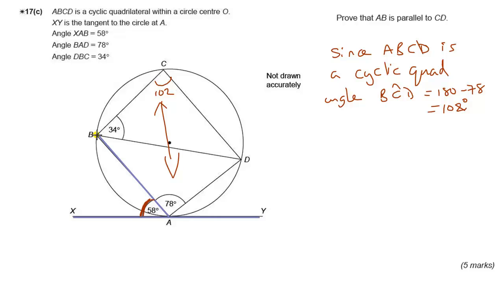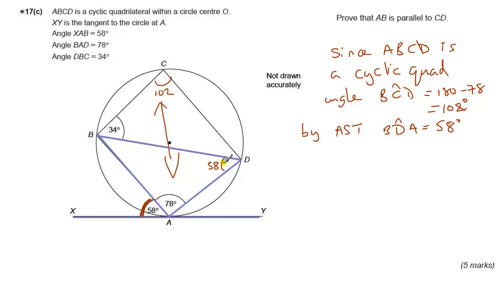So the angle formed by the chord in the other segment, this angle here at D, is the same, 58. So by the alternate segment theorem, angle BDA equals 58